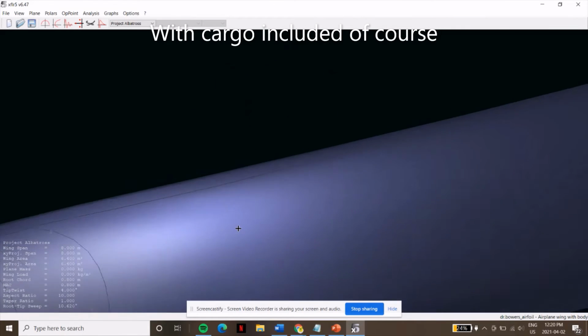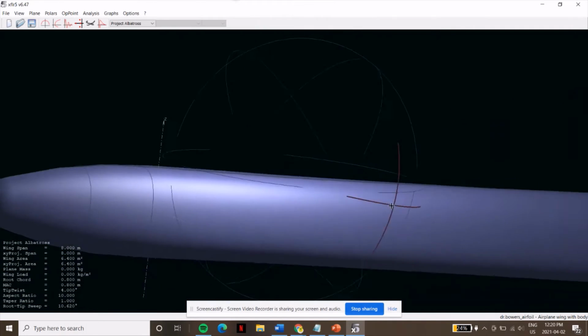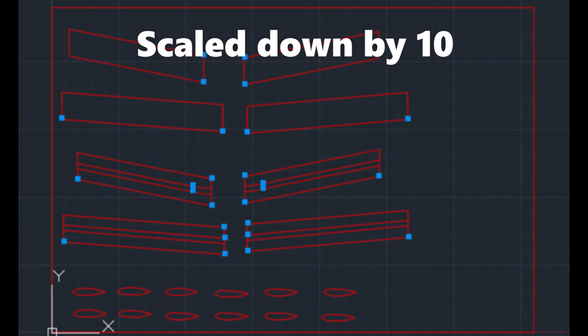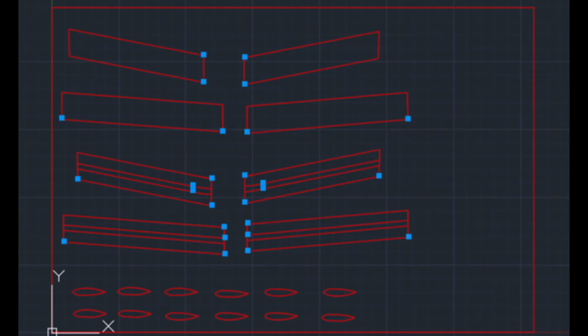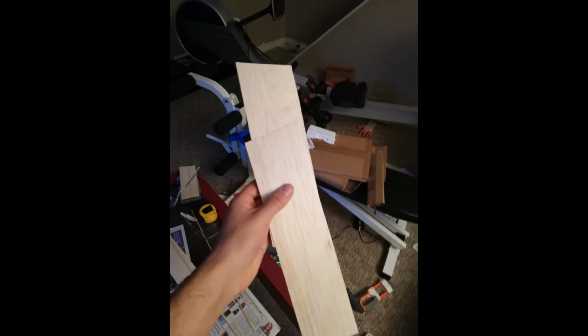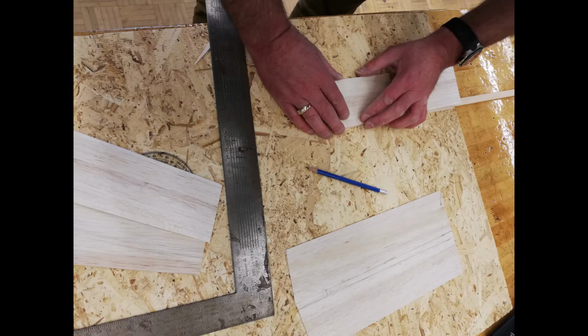Oh, but don't worry. We will scale that down. This is where the fun begins. The first thing I did was I scaled down my whole aircraft, as 10 meters was just way too long, and second, that is completely illegal because it'd be way too much of a safety hazard for anyone to have in the sky. So I went to Mr. Hutt and Mr. Lent's office, and we got all my wood cut to the right proportions, in the right shapes,